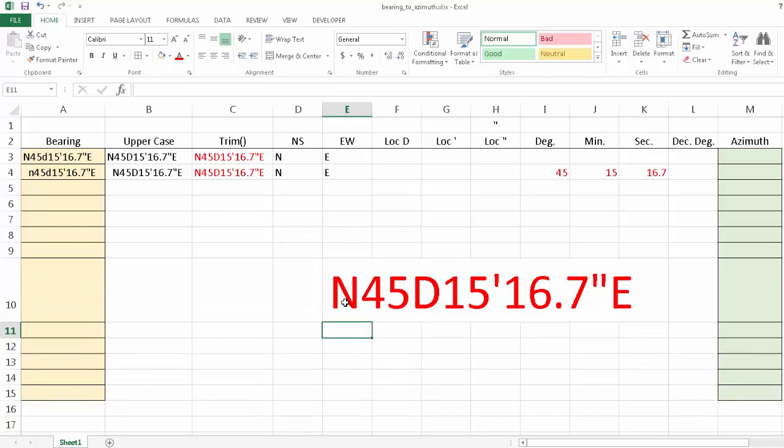we've got a text string that either has a north or south in the first character, followed by degrees, and then a D to indicate the end of the degrees. Then we have our minutes, followed by the apostrophe to indicate the end of the minutes, and then our seconds that is followed by a quotation symbol, and then lastly our east or west heading. So in this text string, if we could identify the locations of certain characters like the D, the apostrophe, and